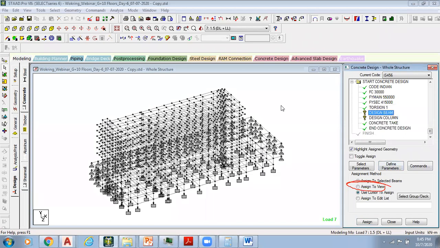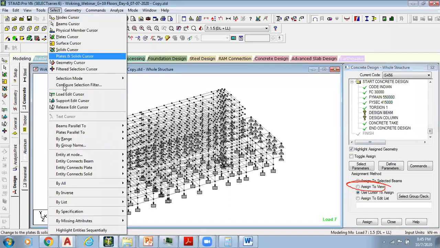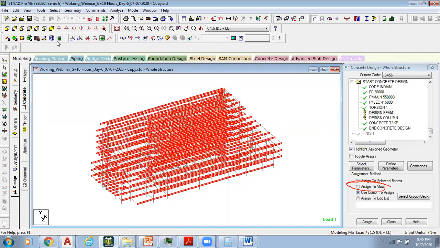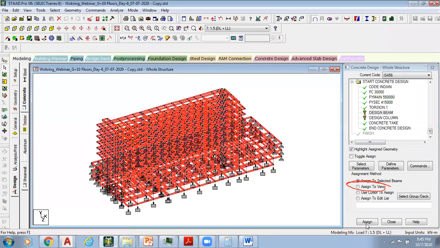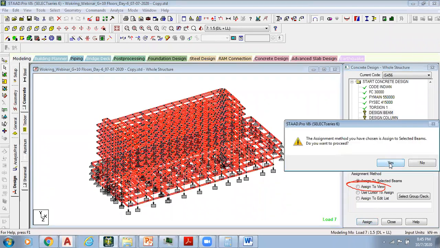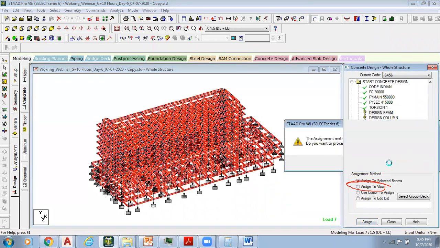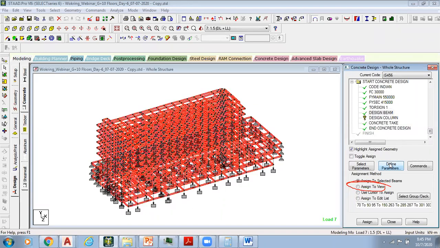Design beam. Till this moment, STAAD doesn't know that all horizontal members are beams. Now we are going to inform STAAD Pro by selecting design beam. I now select beams parallel to x-axis, select beams parallel to z-axis, and then assign yes. Now STAAD understands that all horizontal members are beams.